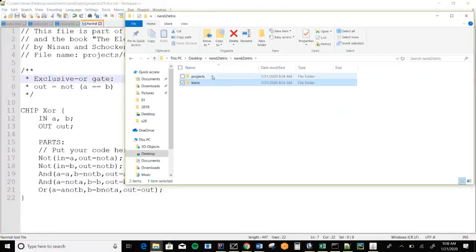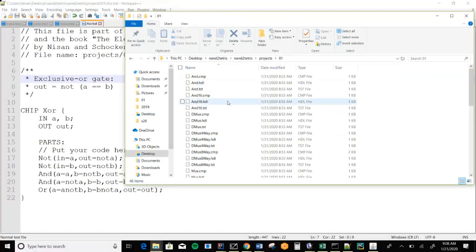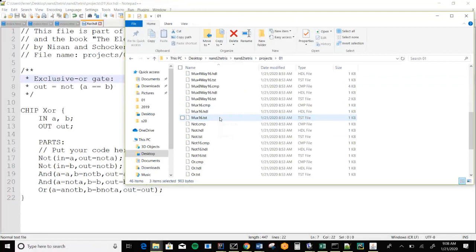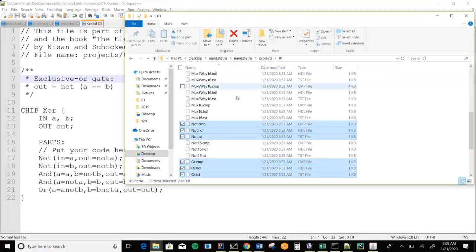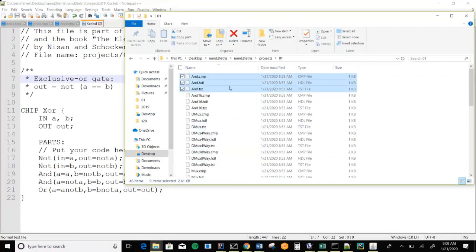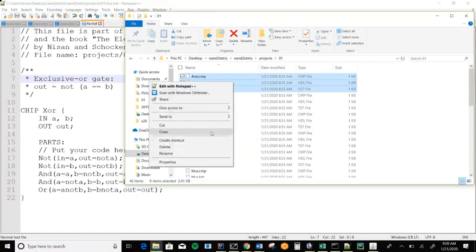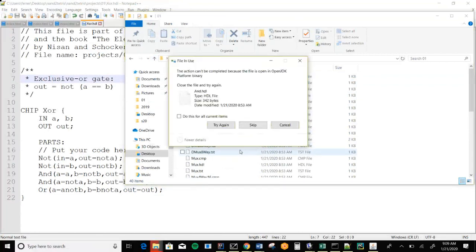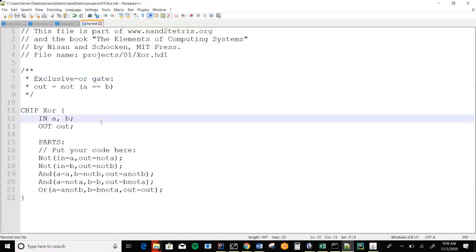I'm going to go up a level, projects 01, and, oh, not that. NOT, AND, OR. I think all of these guys need to be deleted. Oh, whoops. What do you mean it's still open? I closed that tab. All right, let's close the whole thing.